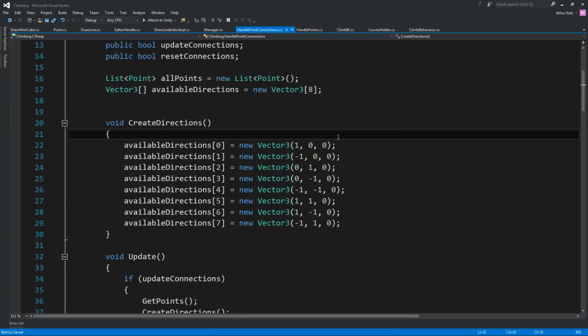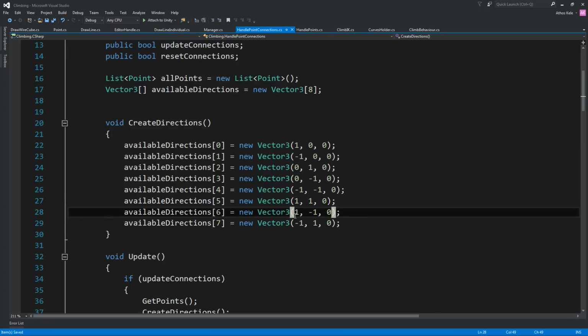That means I can connect on the right side of a point, on the left side, up, down, and diagonally: -1 and -1, so down and left, up and right, up and left,